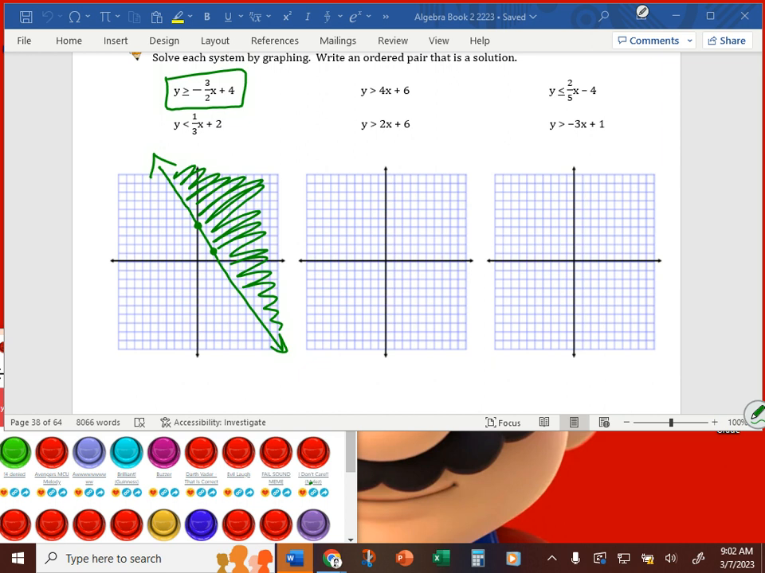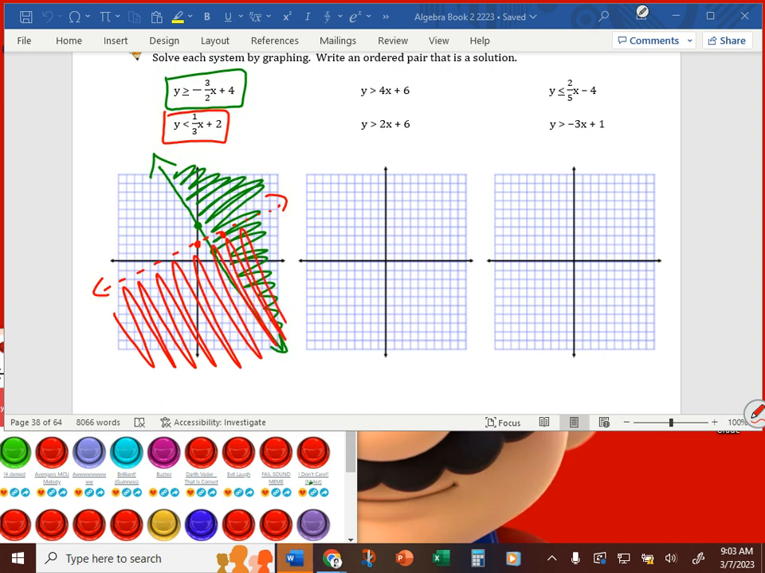Then our second inequality, which we'll do in red, solid or dashed? Dashed. Above or below? Below, okay. So positive 2 is our y-intercept, there it goes. Up 1 over 3 for our slope. Okay, it's a dashed line. And we are shading below, which includes part of the graph that's not shaded, but what we're after is the part